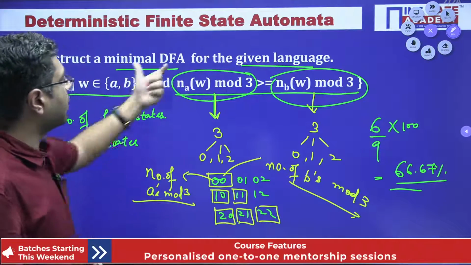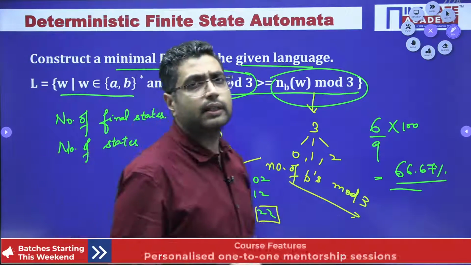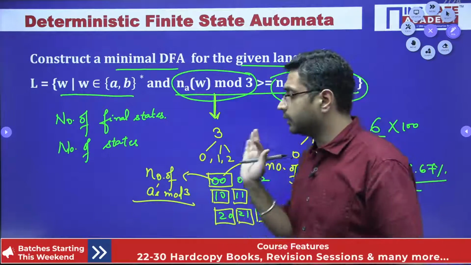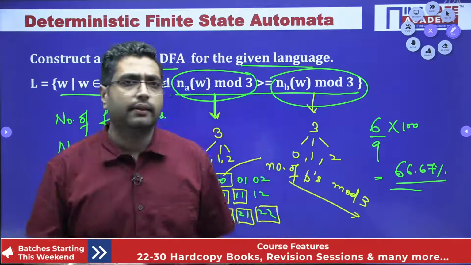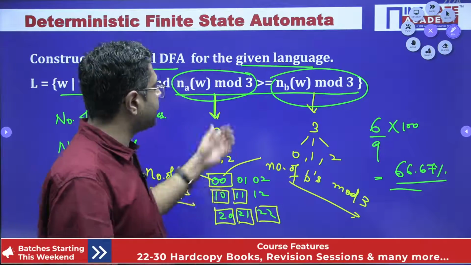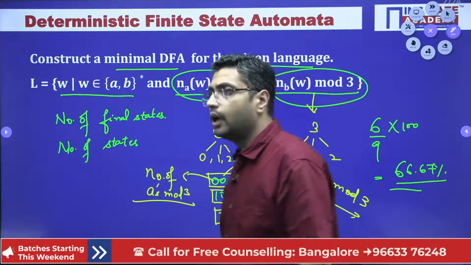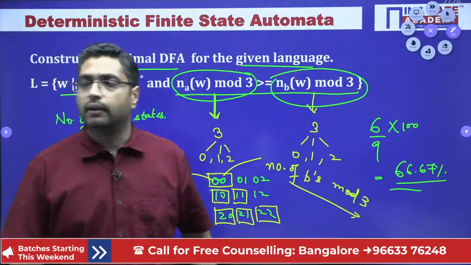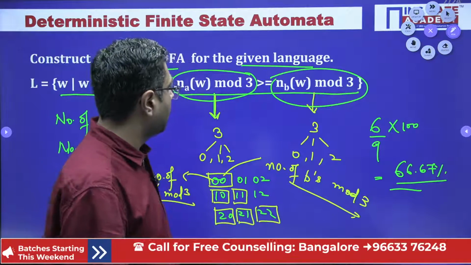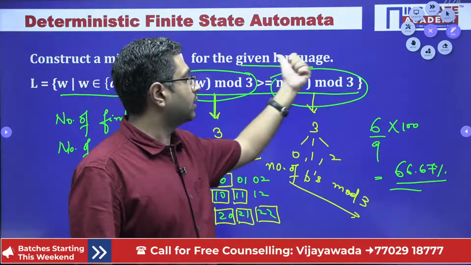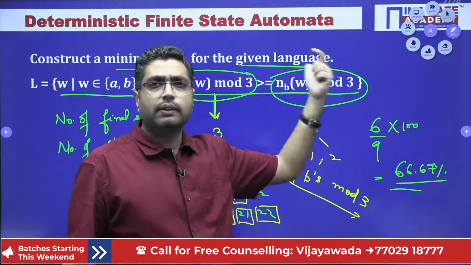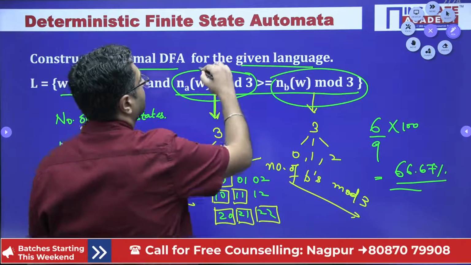I said that the number of A's in W mod 3 should be greater than or equal to the number of B's in W mod 3. That is being said, right? So when we say the number of A's in W mod 3 is greater than or equal to the number of B's in W mod 3, what should be the situation here? What you can see is this DFA has